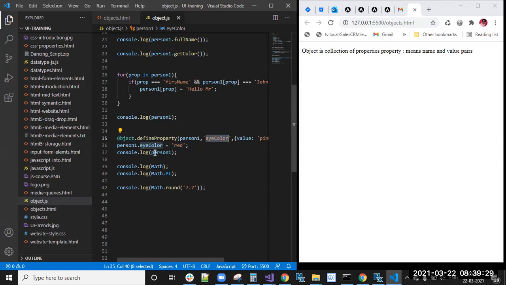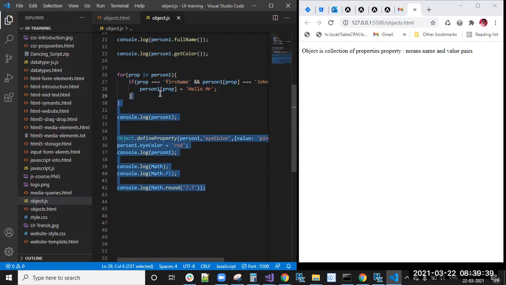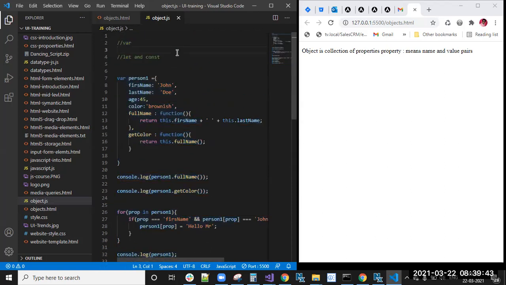Okay, so with this, and Math object, I have seen about the Math object. I mean, these are default objects. So the best example for an object is the Math object. So these are the things we have discussed already in our previous class. So today we are going to discuss an important concept. After objects, an important concept is arrays.